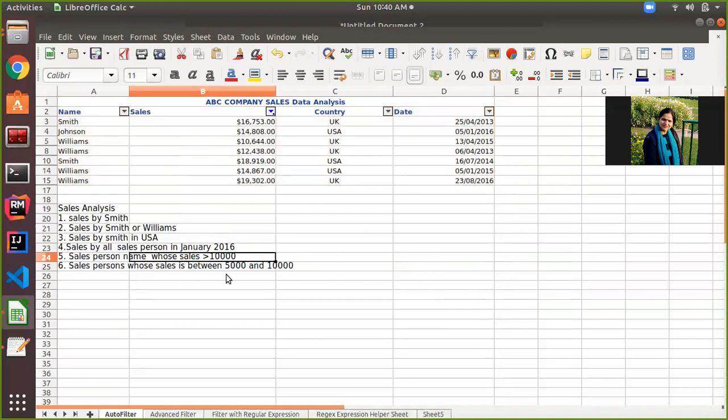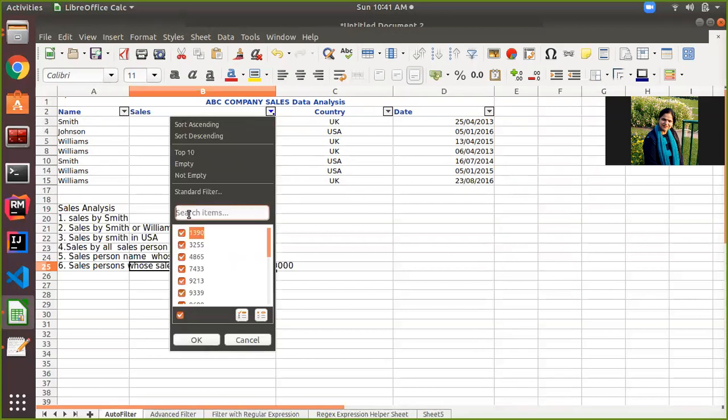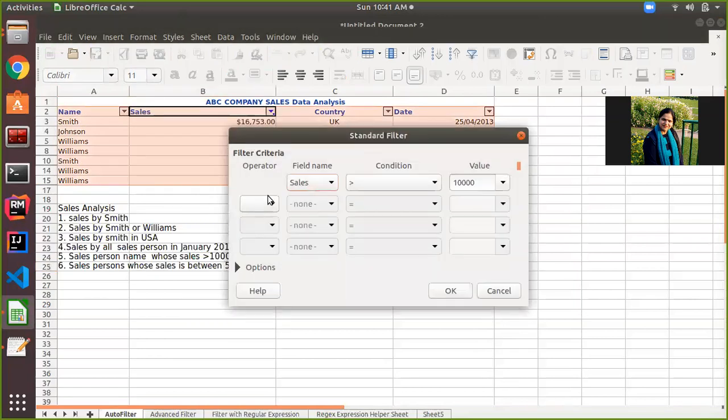Now again, I want to analyze data of those salespersons whose sales lie between 5,000 and 10,000. So this time also we are going to apply a condition on the sales column. Come back to standard filter.